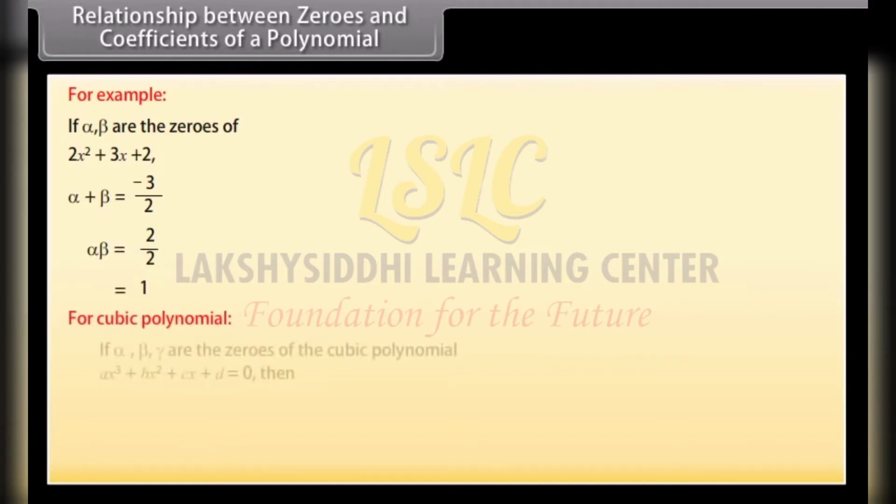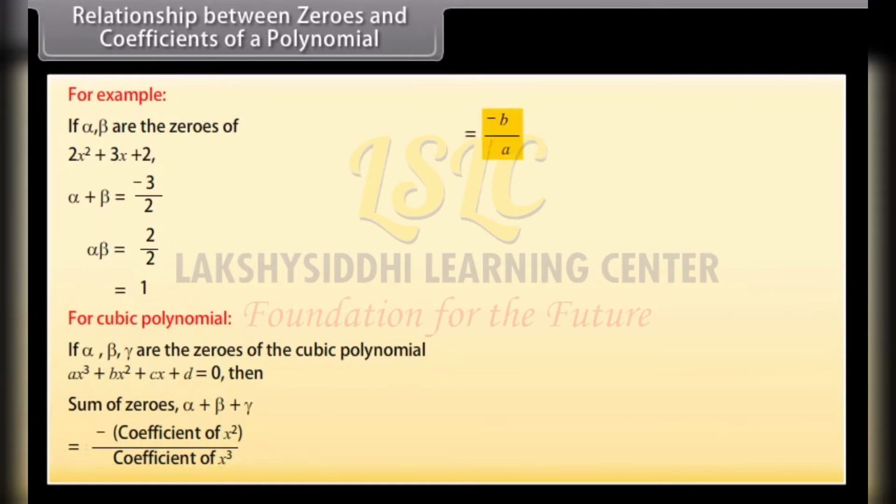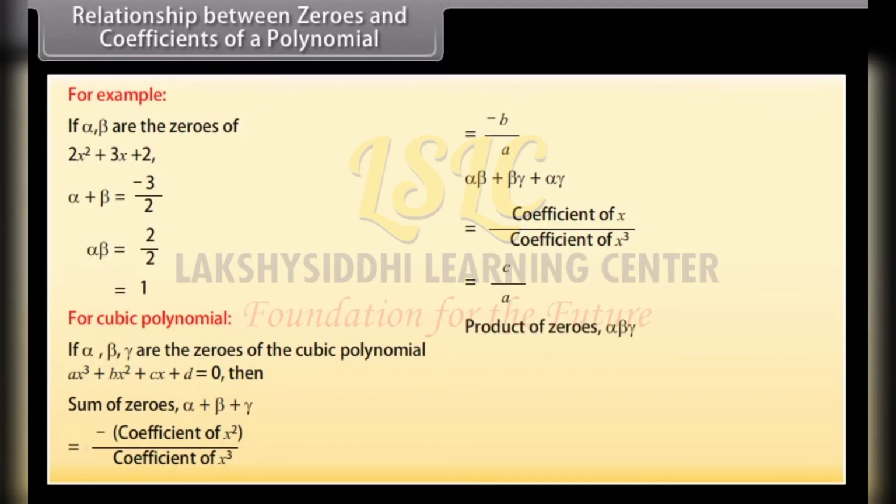For a cubic polynomial, if alpha, beta, gamma are the zeros of the cubic polynomial ax cube plus bx square plus cx plus d is equal to 0, then the sum of zeros, alpha plus beta plus gamma, is equal to minus coefficient of x square upon coefficient of x cube, which equals minus b upon a. Alpha beta plus beta gamma plus alpha gamma is equal to coefficient of x upon coefficient of x cube, which equals c upon a. The product of zeros, alpha beta gamma, is equal to minus constant term upon coefficient of x cube, which equals minus